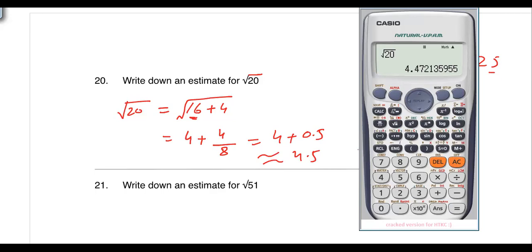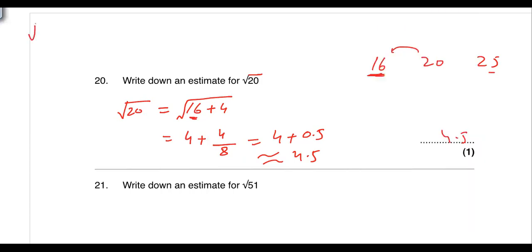Excuse me, sir, I have a question. Yes. Sir, why can't we use this method for particular numbers? This is a particular method for non-square numbers whose square root we have to take. Yes, now you can ask your question. Sir, why can't we take the square root of 4, like it would be 4 plus 2? Because it is plus. Remember, if you have a multiplied by b, you can write the square root of a times the square root of b. But the square root of a plus b is not equal to the square root of a plus the square root of b. That is why this is the method.